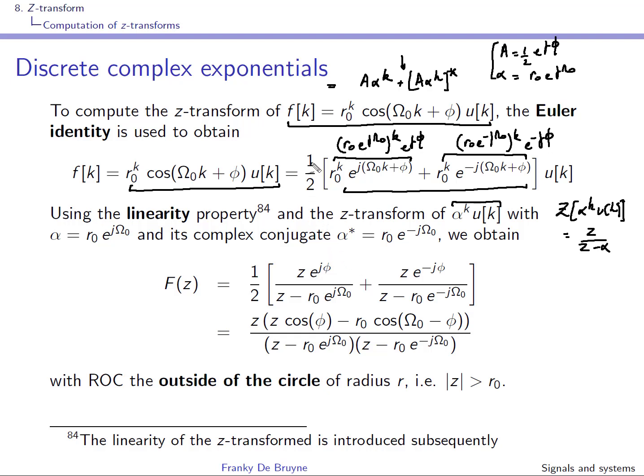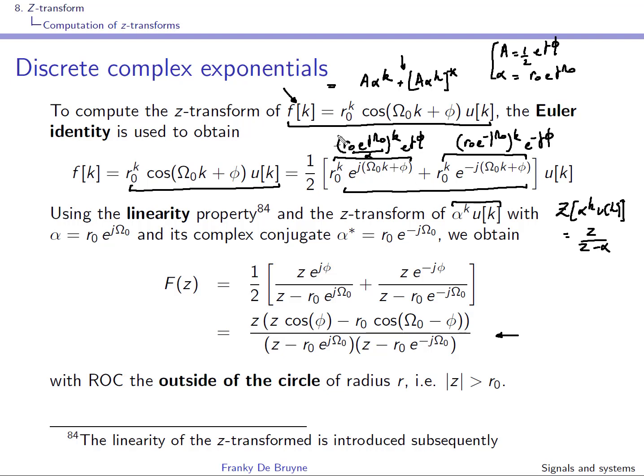It's 1/2 the z transform of this signal, so this will play the role of alpha. So what you have here is z times this one over z minus alpha, and here you have something similar. And what you can now do is put everything under the same denominator, and you obtain the z transform of this signal. Okay, so you do not have to be able to do this, but